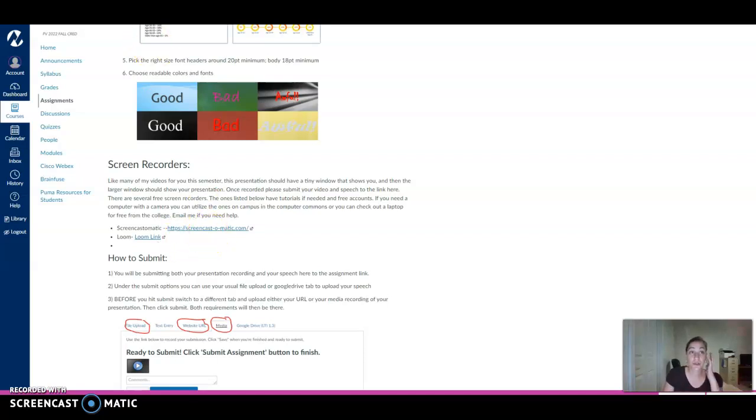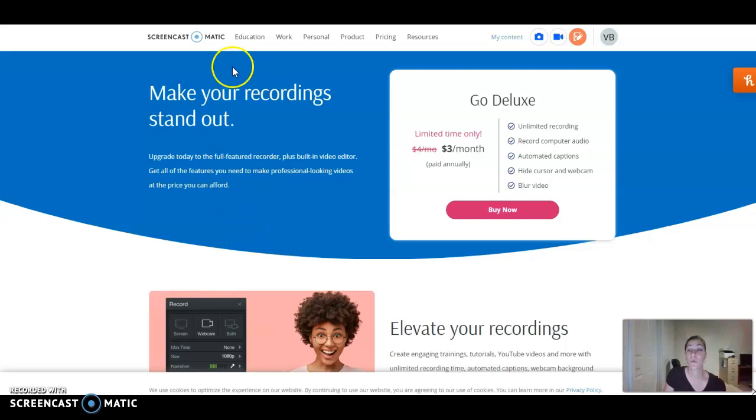So I'll just quickly show you Screencast-O-Matic, which looks like this. Once you create an account, which is free, don't go deluxe. You're only creating one video. You just need the free version. Once you create your account, all you do is click on this little camera and it will pop up your